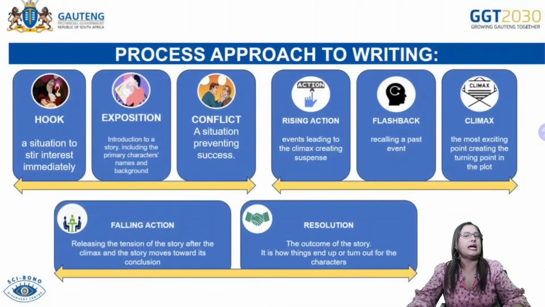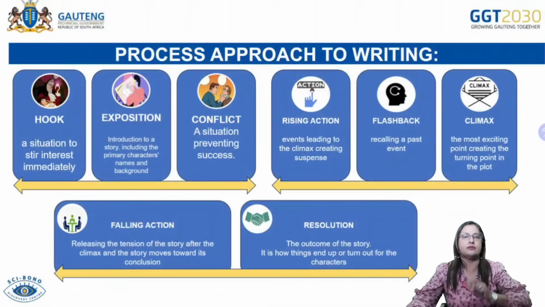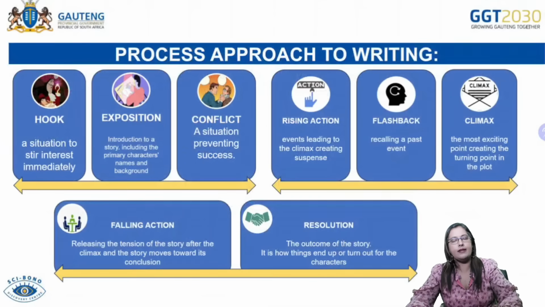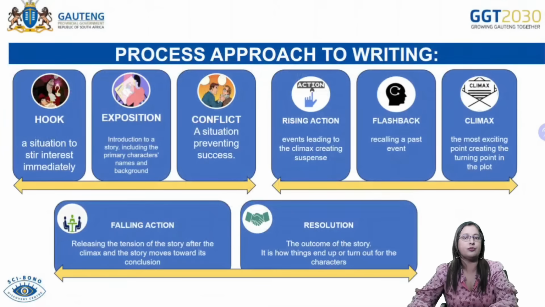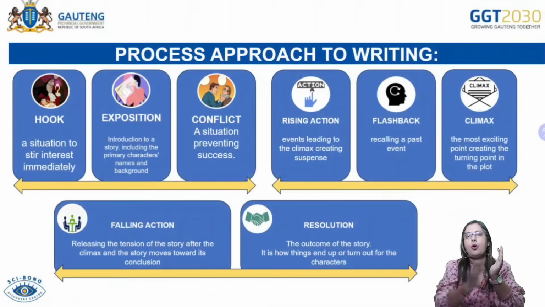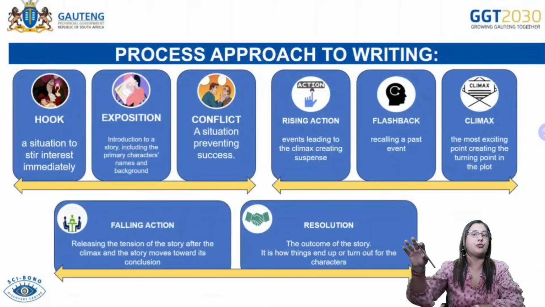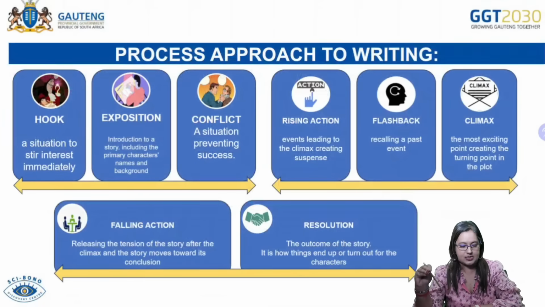Then, if you're looking at having a conflict introduced in your essay, that is where you would have that situation being described to the reader that was preventing a positive outcome for you in that particular setup. All right. And then we have the other parts here, which is also very important, like your rising action. Okay, that is where you are following all the events that led to the part where you are at right now, and you've created a sense of suspense.